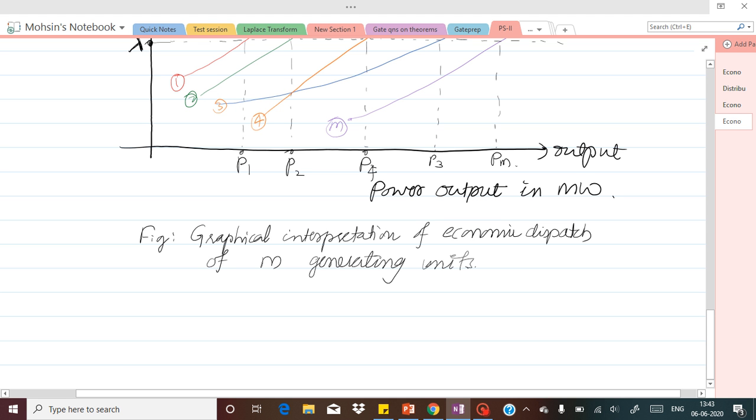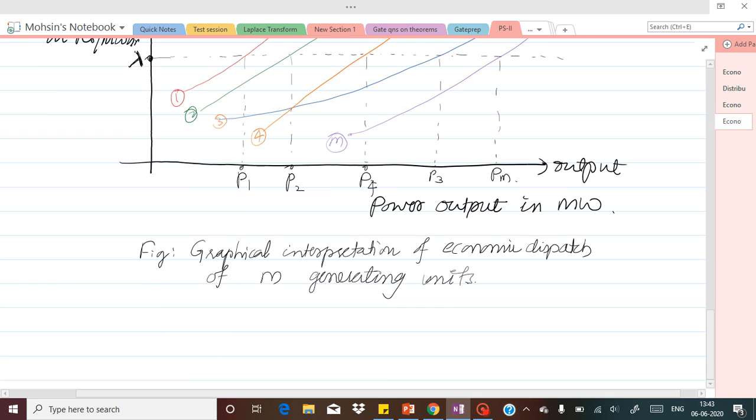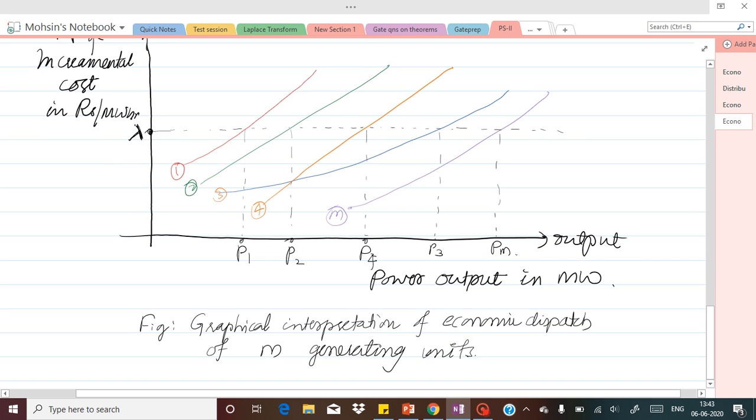Okay, so here the load allocation among several generating units can be found by preparing an operating schedule for different values of lambda. In the graph only one particular value is taken, but different values of lambda can be considered here. Suppose this is one more lambda value, say this is the new lambda 1. So you can see if this is the lambda value to be selected.